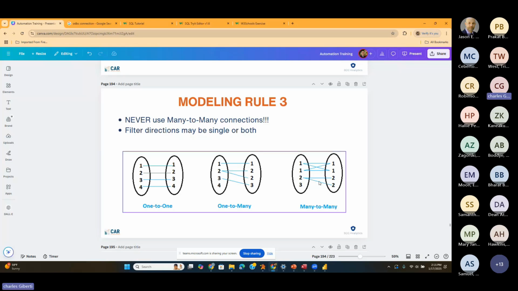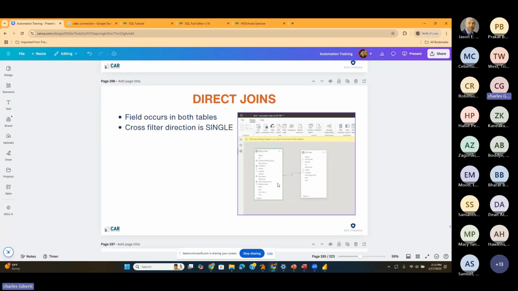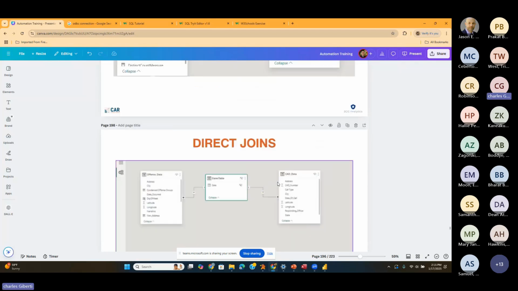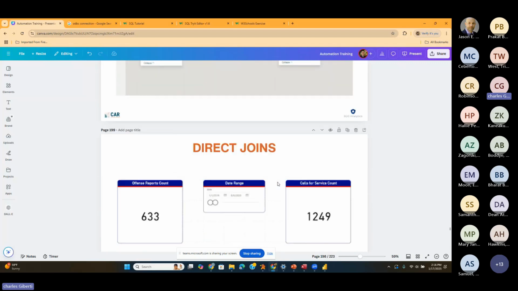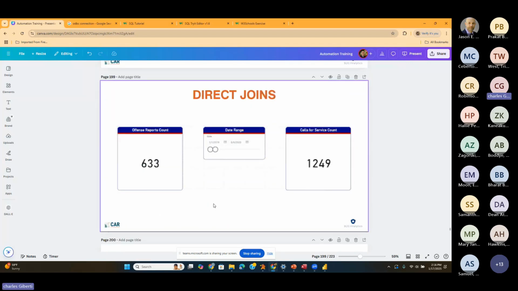What we absolutely have to avoid is many-to-many. And there are times when a many-to-many connection is actually appropriate and you can use it. They are very rare and they're very complicated. So as you're starting out on this, my advice to you is do everything you can to minimize many-to-many connections. And then we're going to mostly do direct joins here. But we'll start out with